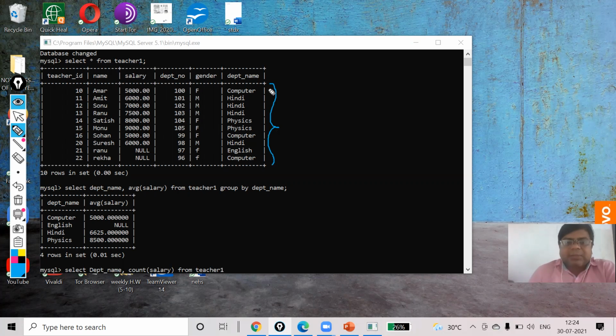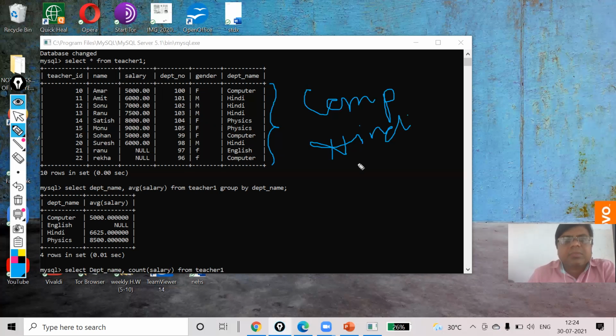Okay, it means that there are how many departments? Computer, Hindi, physics, and English.